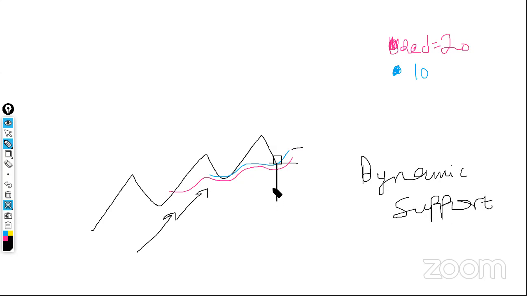If you don't understand this, I have a course on that. You can navigate through my YouTube channel. I have a video right there where I give you an explanation of how you can use the EMA as dynamic support. I use it to analyze a pullback in the market.